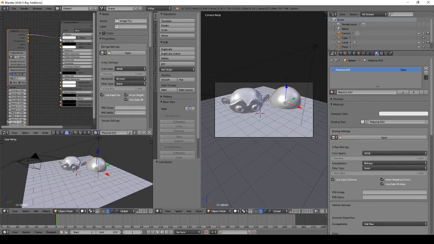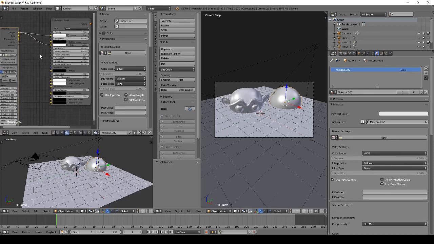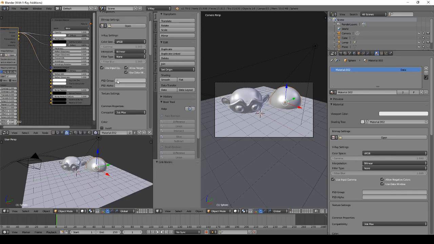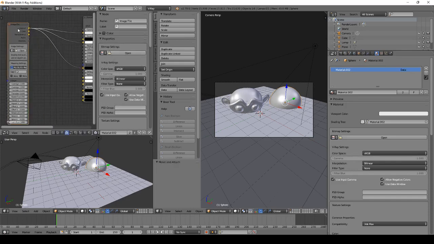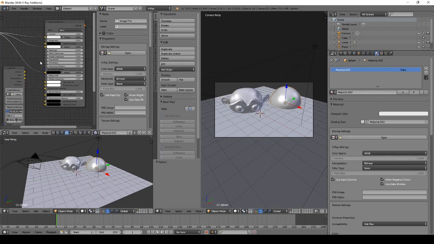into diffuse and reflect, and I would say also into refract. You want the image to be set in the V-Ray settings as sRGB for most cases. If you have special data, this may differ, but this is the default for a random picture you put in, right? You leave it at sRGB. But for other values,